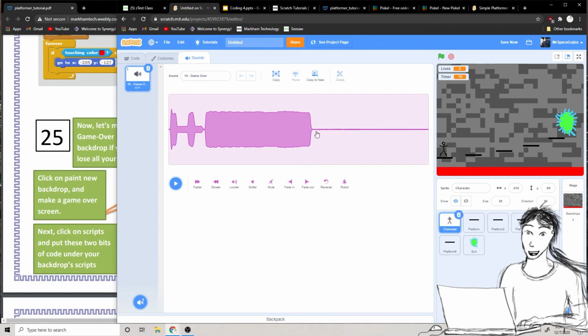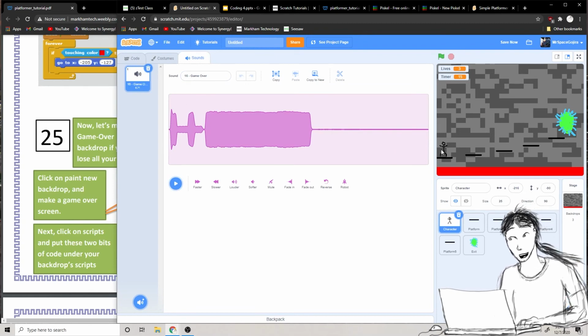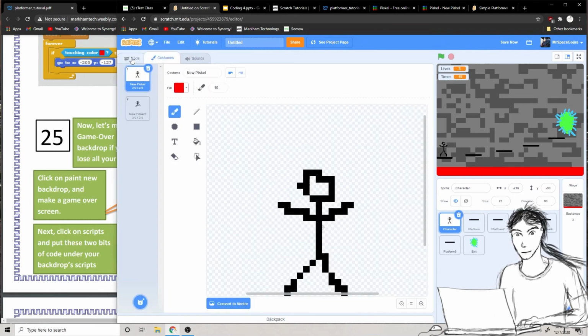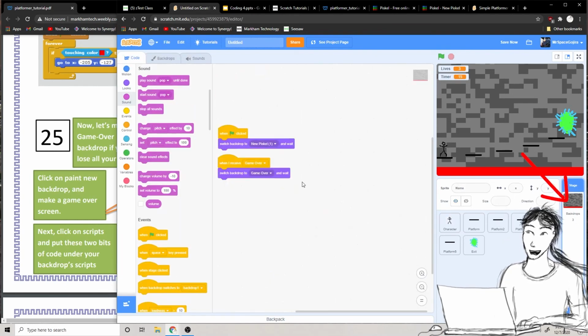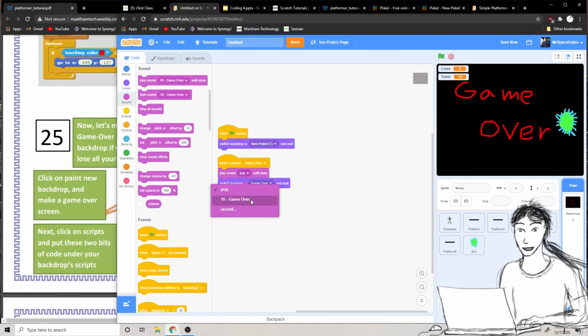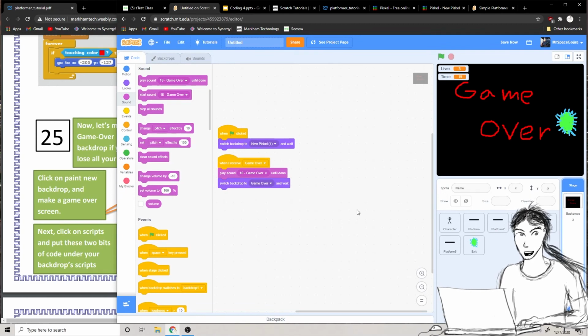that was not one that I made, but that's a classic game over sound. And you can add it right into your game, and you can have it be a sound that activates with certain conditions met in your code. Okay, so for example, actually we can go to the stage. When I receive game over, you want to play sound, game over. And now you can make these sounds in